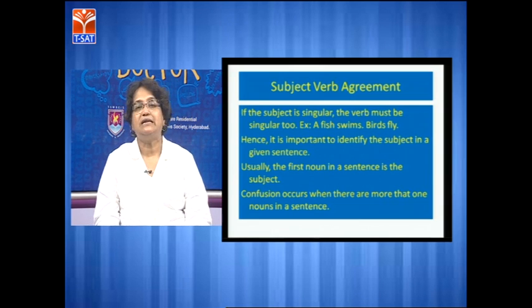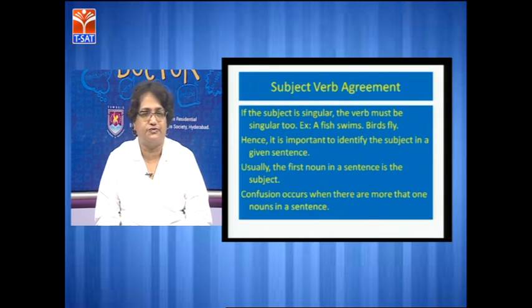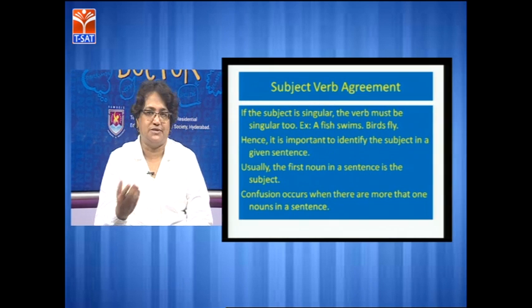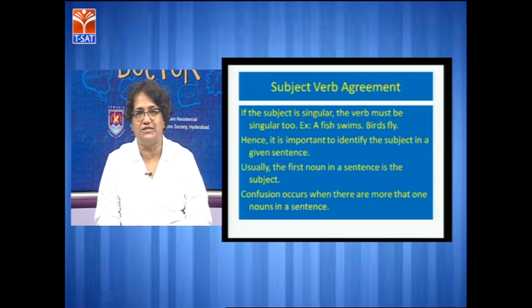Okay, now let us look at the scope for confusion that exists. We notice that most of us, at least, have major confusion. Most of us don't even realize that we are abusing or misusing the subject-verb agreement. So we end up using a plural verb for a singular subject, or vice versa, a singular verb for a plural subject. So today I'm here to present some situations where there is a scope for confusion, and I'll try my best to clear this confusion. All right, so let's proceed.